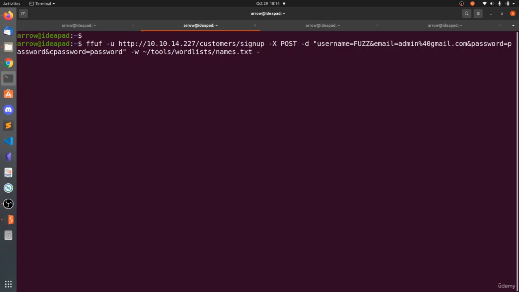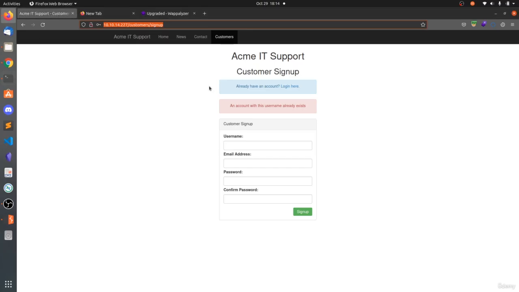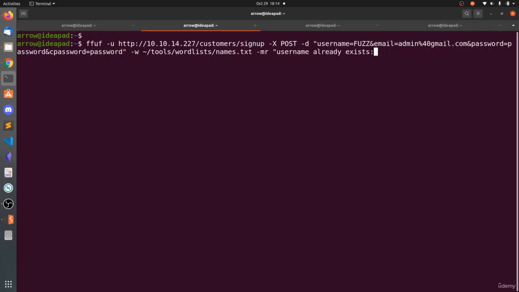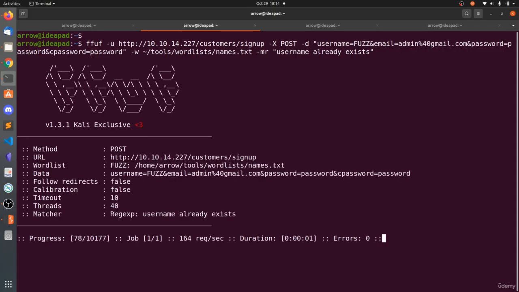Now what we need to do is match the regular expression. What is the text? Account with this username already exists. So let's grab username already exists. So whenever there is a response containing the text username already exists, that means that word in the word list is an existing user. Now if you hit enter,